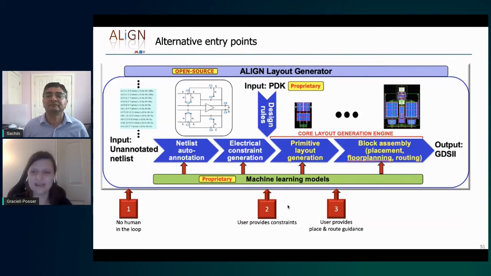Nice, thank you. Now a question from Federico Passerini. He is from Infineon Technologies in Austria. Do you know the approach of Magical, University of Texas? In case, can you please quickly compare it to Align? Yeah, so Magical and Align are both funded under the same DARPA program. So we are very familiar with each other's approaches. Magical is generally a smaller effort than ours.